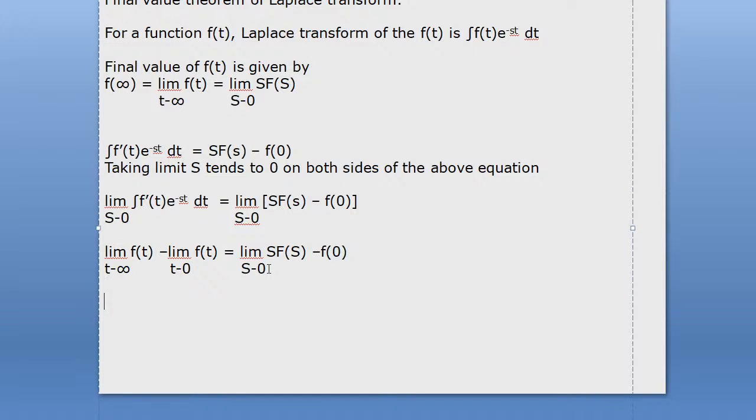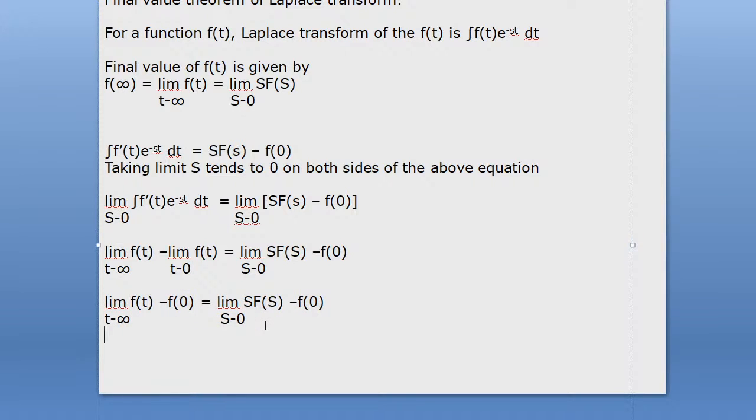You can write this thing. This will be nothing but you just replace this thing. This will be 0. Therefore this 0 and that 0 will be cancelled out. So finally you will get